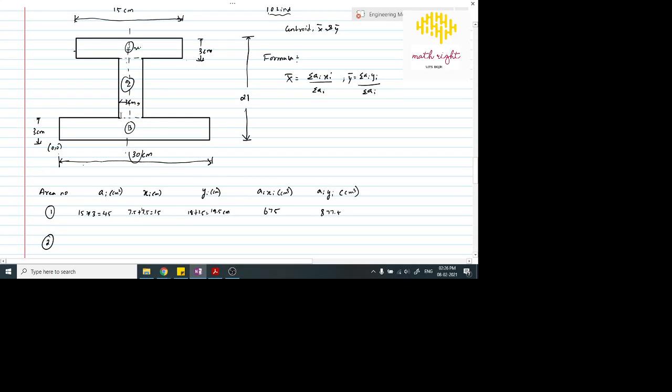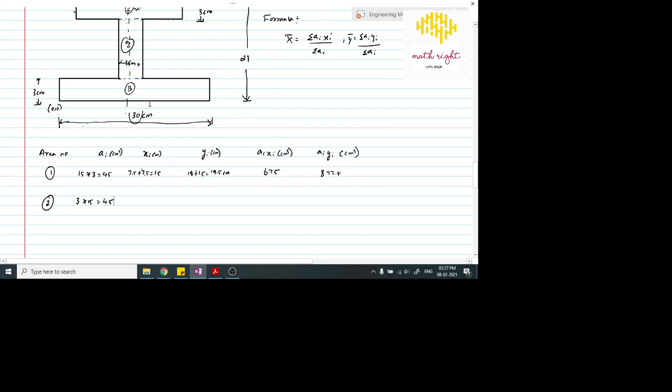Length into breadth again. We said length is 3 centimeter and height is 15. Total is 21. Here we minus the particular height, this height alone we want to calculate. 3 centimeter minus 3 centimeter, so total 21 minus 6 we get 15. Okay, 3 into 15, again it is 45. What is the x value here? The center for this area in x direction, 3 divided by 2, 1.5. From here you know that it is 15. From the origin we can directly write xi is 15.